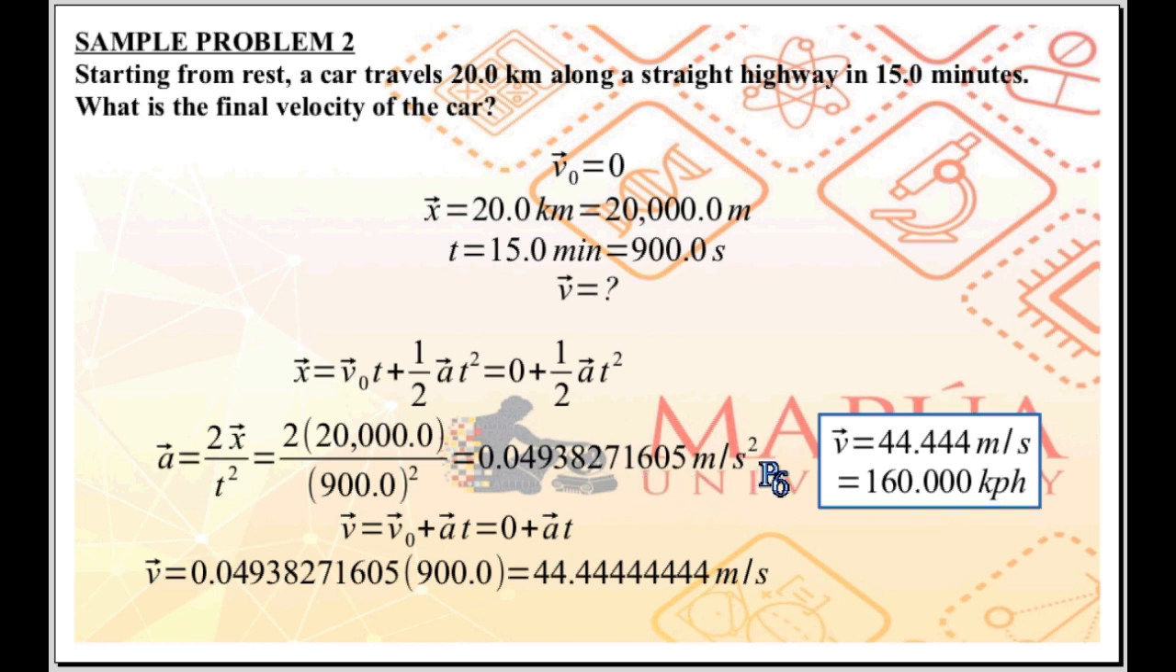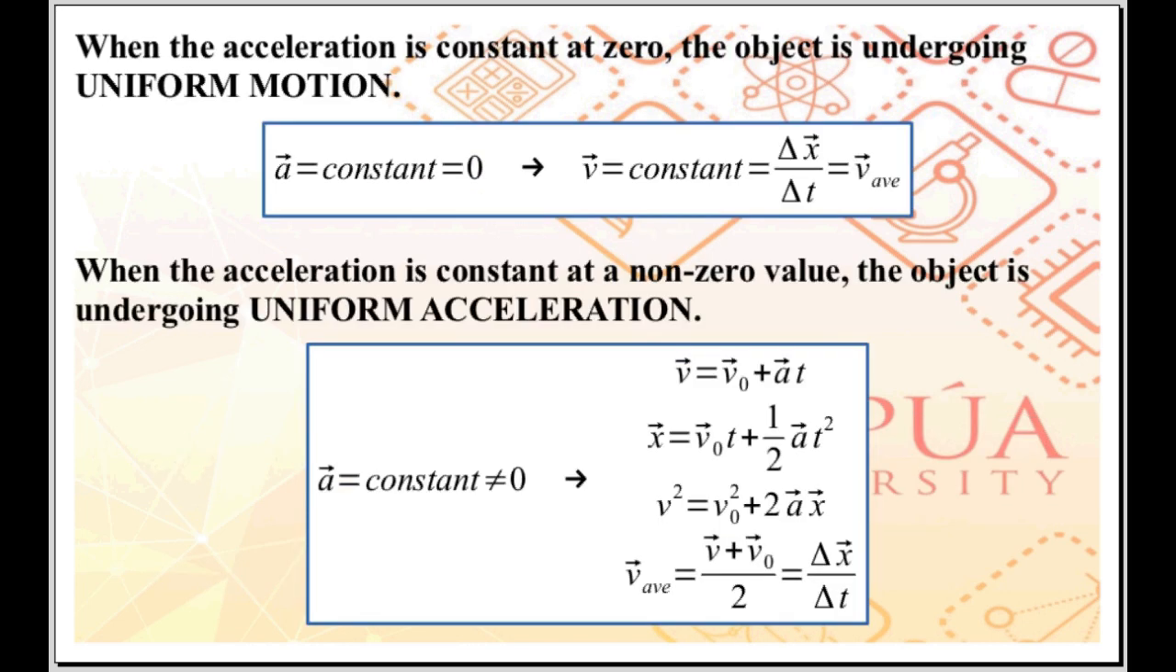0.04938271605 meters per second squared. Now, we got acceleration, but the problem is asking for final velocity, so we are not yet done with our solution. So going back to the list of equations for uniform acceleration, you have three other equations to choose from. So looking at these three equations,